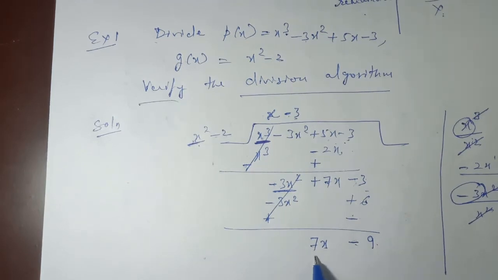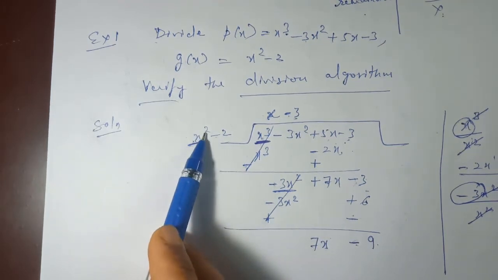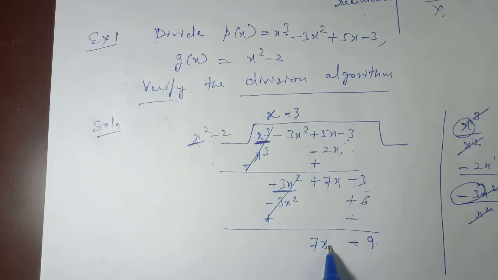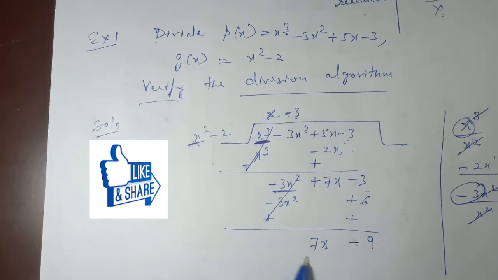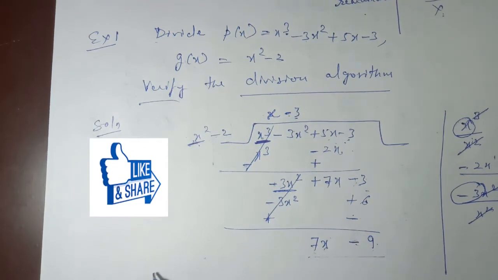Now the remainder. The term that we are observing has a degree less than the divisor, so it cannot be divided further. This will be taken as the remainder. This is the remainder. This point you have to note down. We can divide until the degree of the polynomial is either equal to or greater than the divisor. But if it is lower than the degree of the divisor, then it cannot be divided further. So this will be the remainder. So now we have